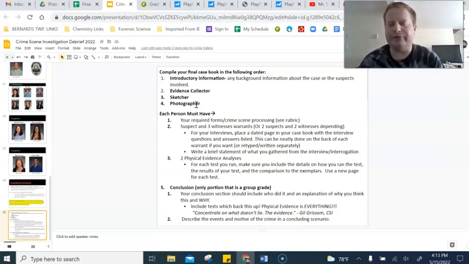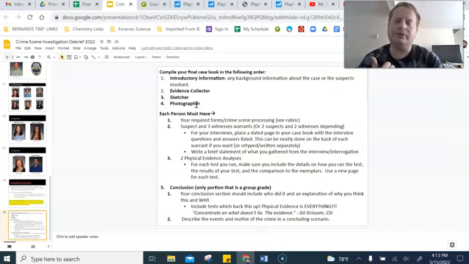And if you're in a 4-person group, that means that 2 of the people will be sketchers, and they'll split the duties that way. We'll go into more detail with that, but for now, just know that in a group of 4, 2 of the people are sketchers. Okay, so that's kind of the main things we need to know. So for Tuesday, we need to know that